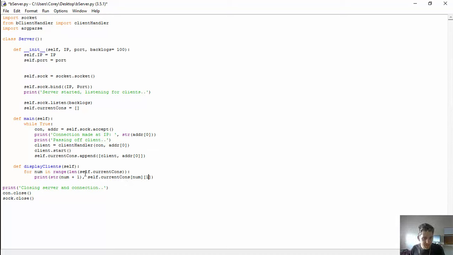There we go. So I'm going to access the index, and then at the first index, or this element right here, the second element in the little array that we get back from that, it's going to be the IP, right? So I'm just going to go string, whatever number we're on, because it starts at 0, but that's really the first client, so I'm just going to print out number plus 1. And then the IP. Something I'm going to do actually now is put a dot after the number, just because I like to have a 1 dot number. No biggie there. Okay. And then we'll go def